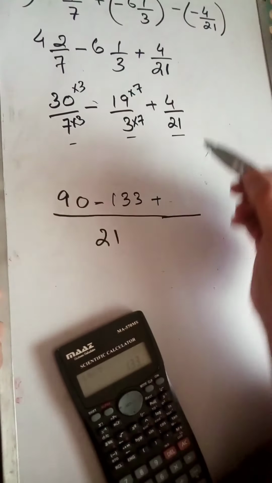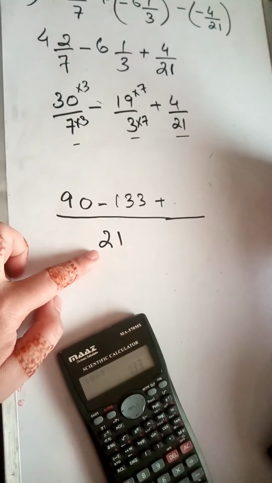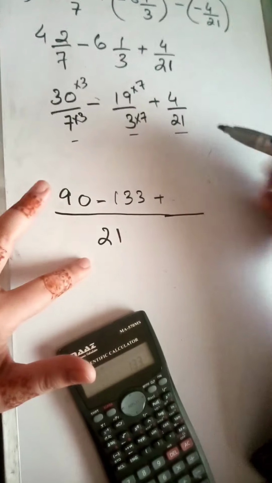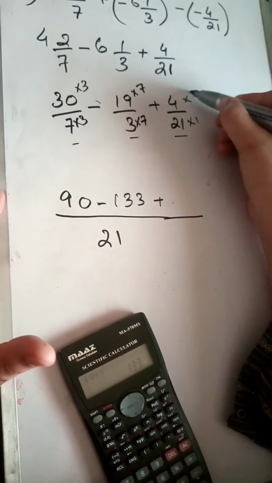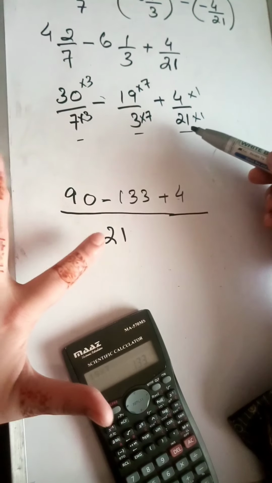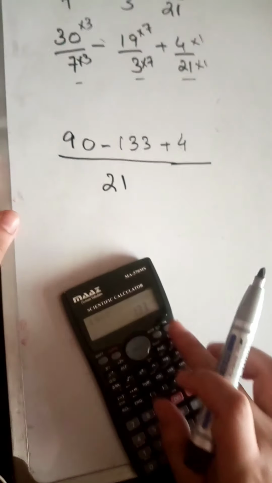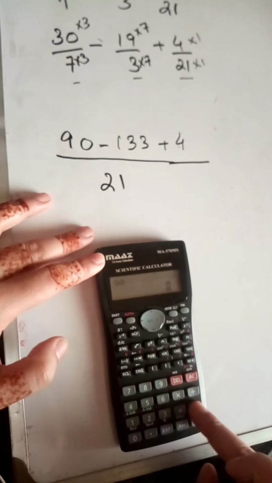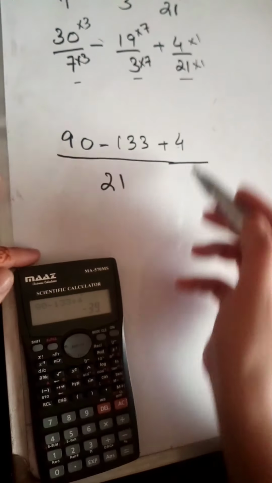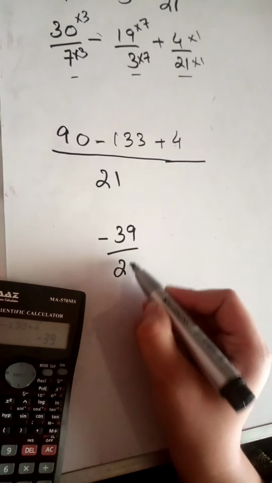Now, you can see that the LCM and the denominator of this fraction are the same, so there is no need to multiply with any number. Or if you have the concept of the multiplier, you can say that 21 ones are 21, and when we multiply 1 with the numerator, 4 ones are 4. That's why whenever the denominator is the same as the LCM, we don't multiply with any number. Now in the next step, we solve these numbers. I'm using the calculator. You can also do it manually. Okay, by solving these 3 terms, we get the answer minus 39 by 21.